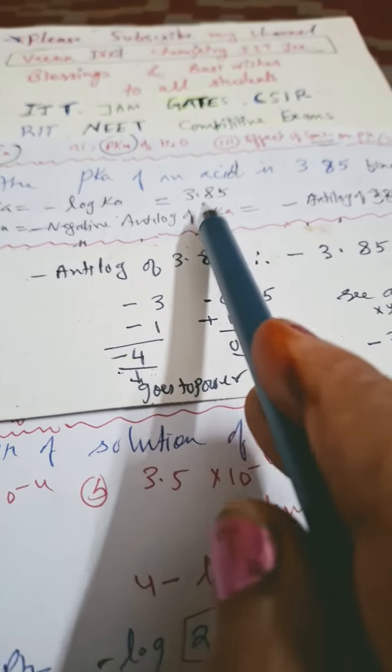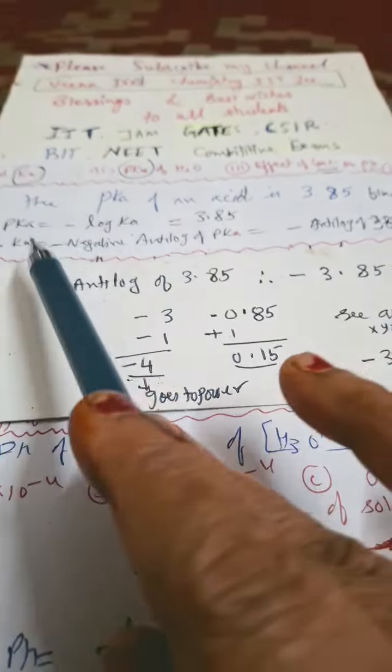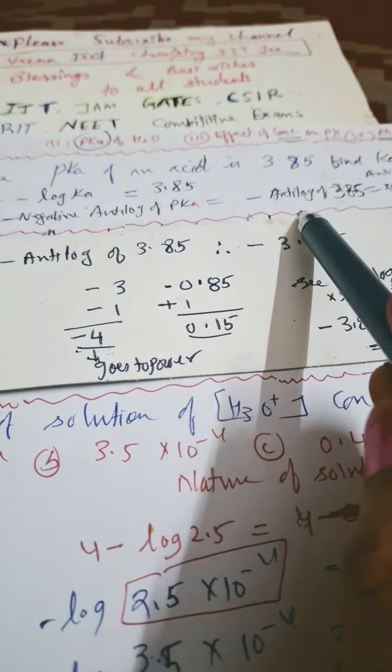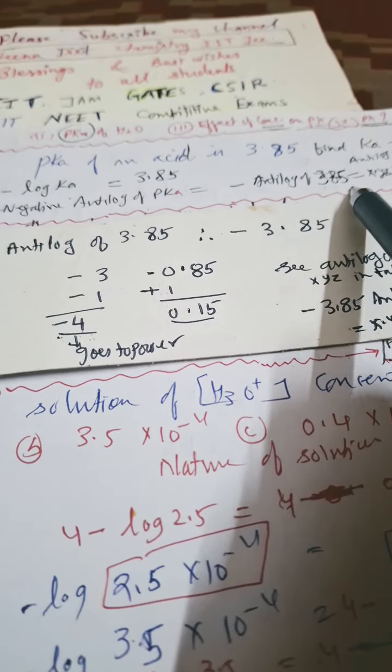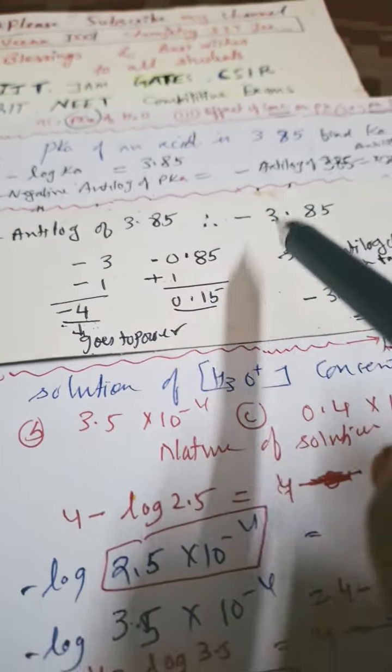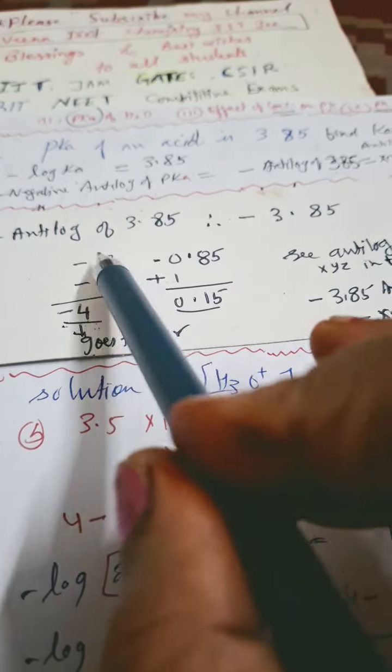So the pKa value is given as 3.85. So the acid dissociation constant Ka is equal to minus antilog of 3.85. Here I have done the negative antilog of 3.85. I have written it here and separated them